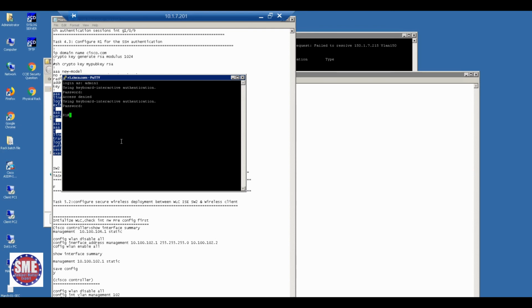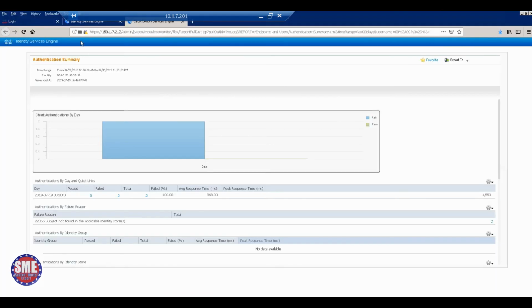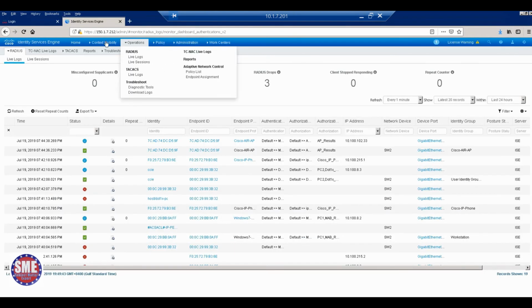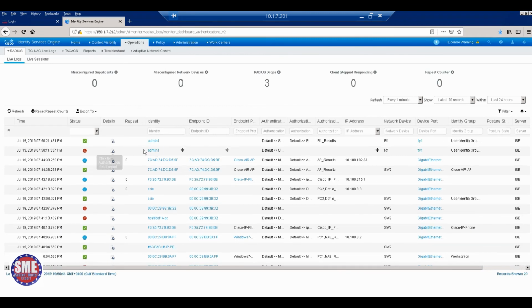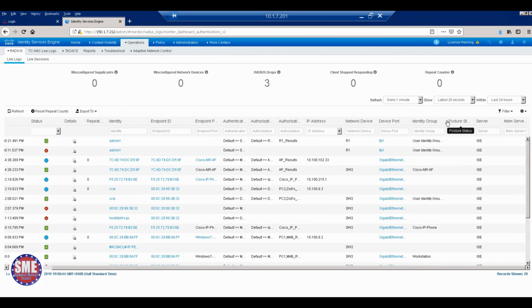Cisco 0123. Okay. See, this is authentication success. See, again go to the live operations, live logs, where you can see the success story. See, admin, authentication and authorization, both success. Results, reason you can identify from here. See, it's a success. Next, which one?